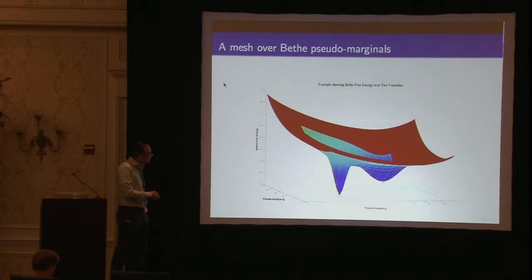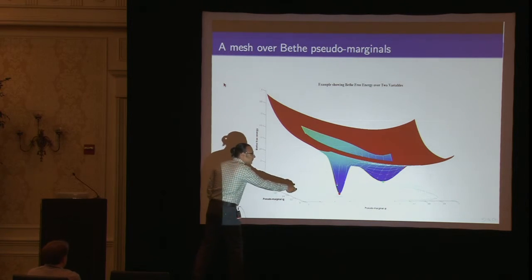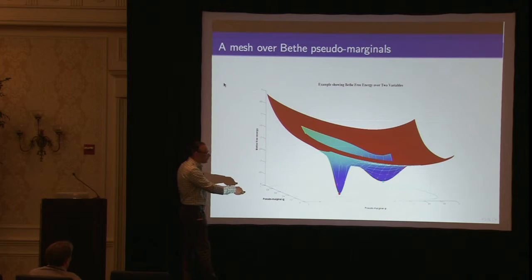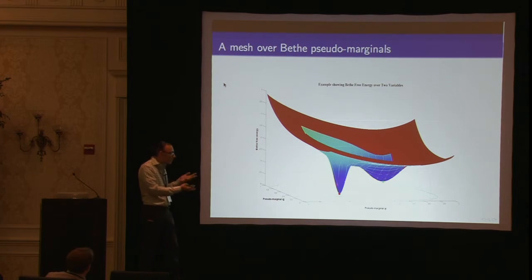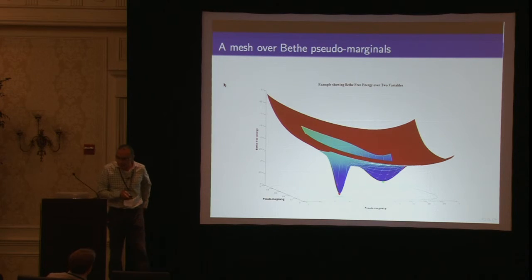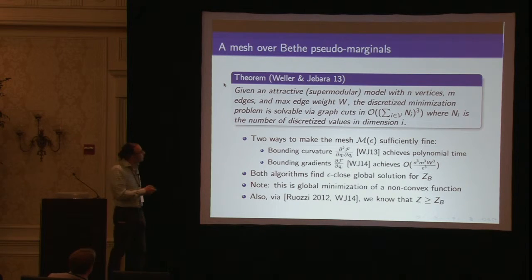And so this is a picture of what the energy looks like. We have to figure out how to discretize along Q1 and Q2 and all these different Qs so that I can find this solution on the grid. It's not too far from the global optimum, but it's still better than this local optimum. And if I discretize finely enough, I'll catch it within epsilon. And so if we discretize